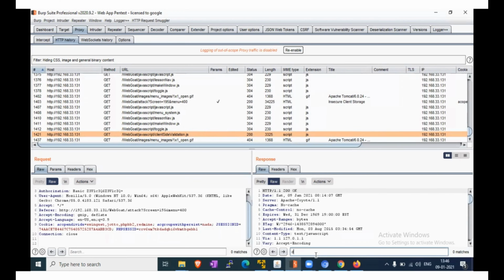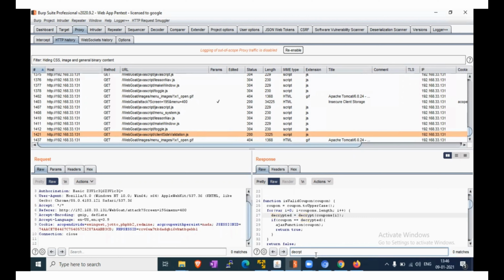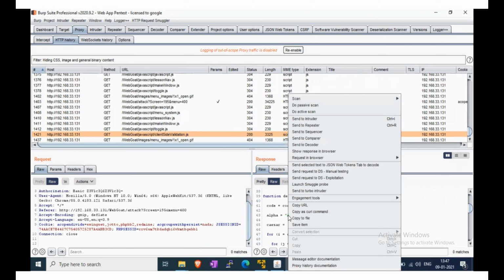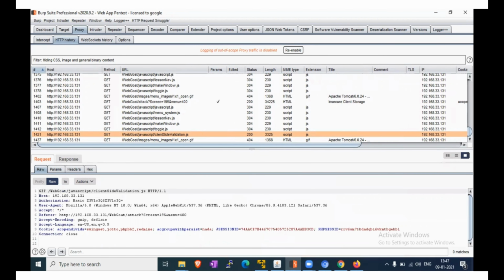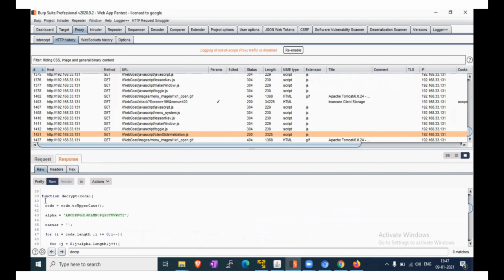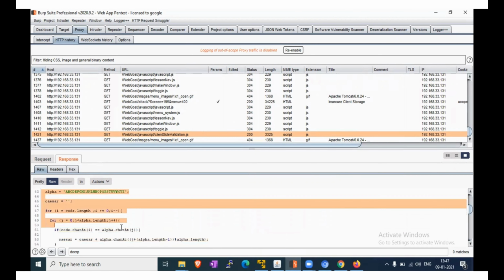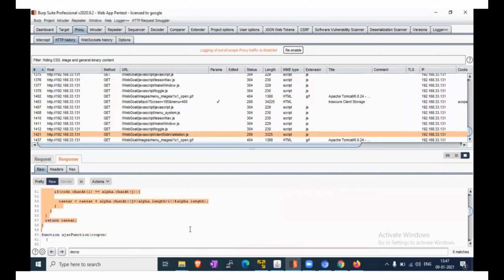Something like the function code returns carrier.